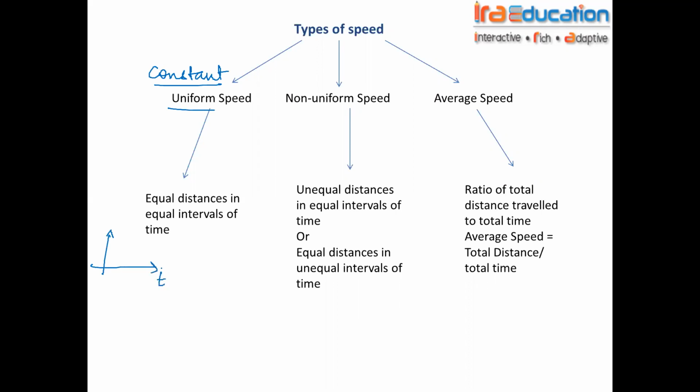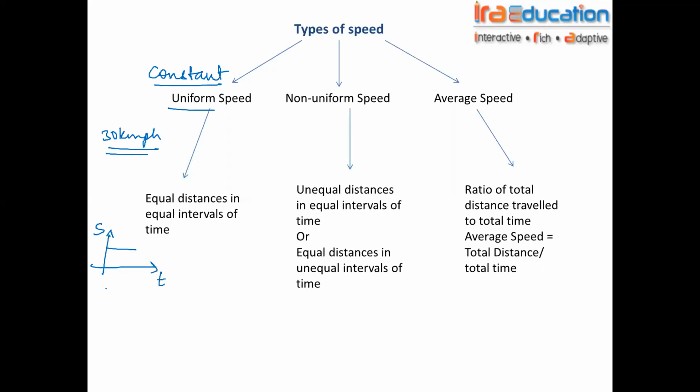Remember that on the x-axis, usually the independent variable is there. Time is the independent variable. I am talking about speed. So in a speed versus time graph, I want constant speed. At any instant of time, speed is constant. Every time it is 30 km/h only. After 2 hours also 30. After 10 hours also 30. So that's a constant speed.